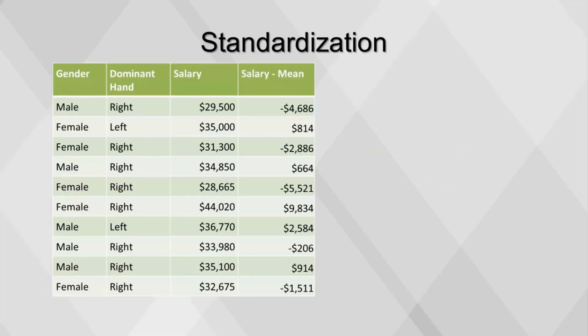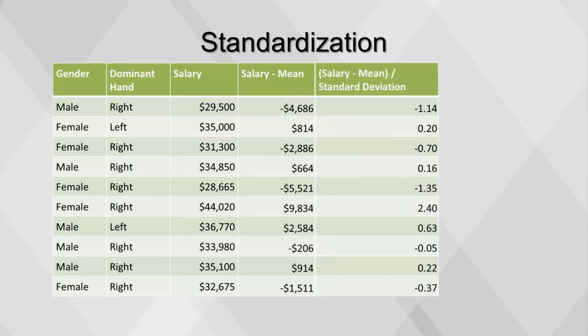Mean and standard deviation are measures that describe the distribution of a set of numbers. But what if we want to describe the numbers within the set to compare to numbers within an entirely different set? We can do this by standardizing the values. In statistics, this measure is called the z-score. To standardize a value, subtract the mean and divide by the standard deviation.